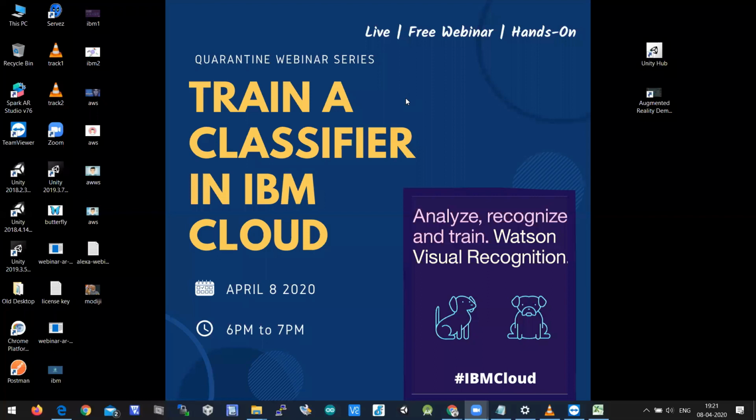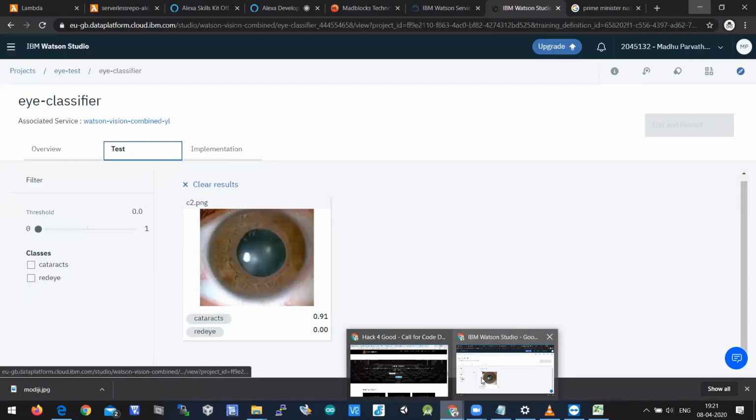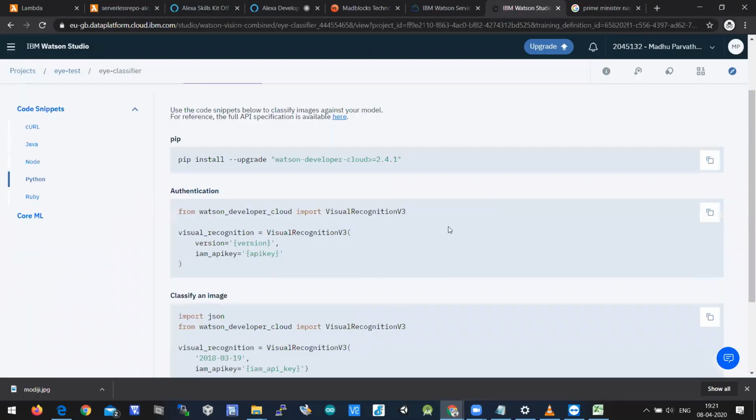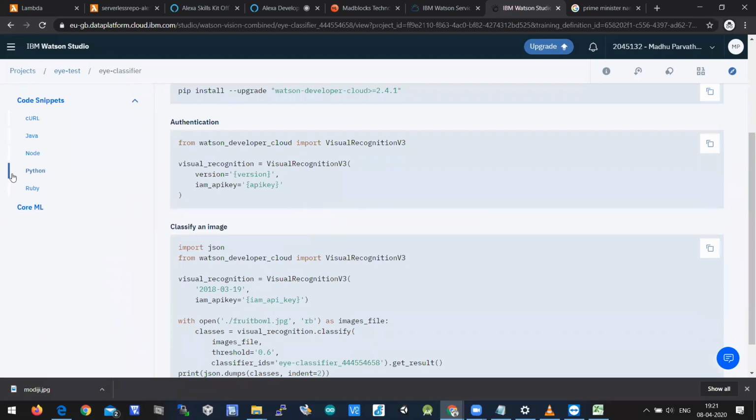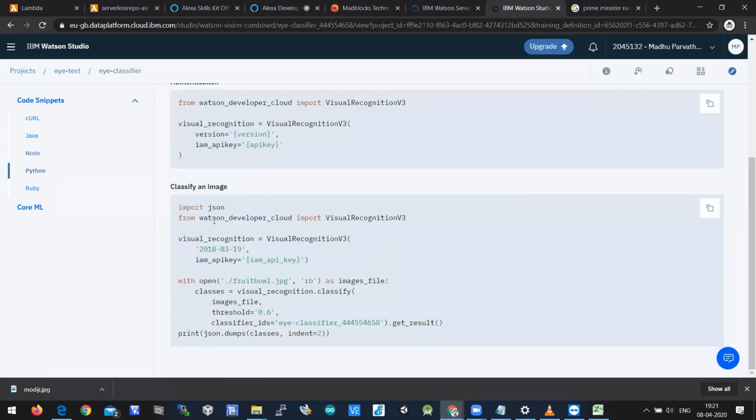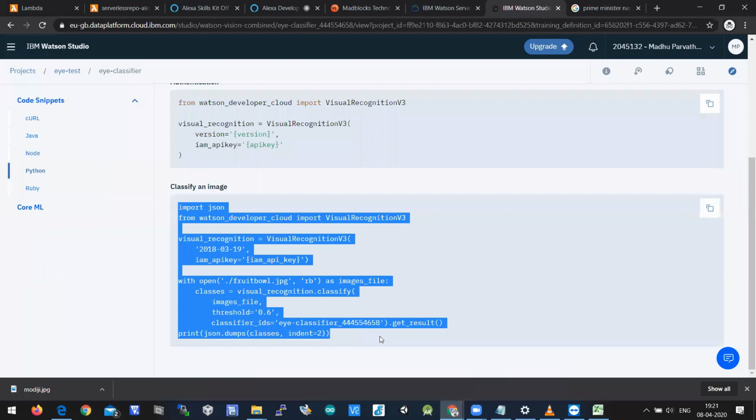API, in the sense, as I showed you, is the implementation part. This is called API. The API part is this particular program, which is the application programming interface. If you call this program from a remote local machine with internet connectivity, it will upload the data to the cloud, and the result will be displayed here.